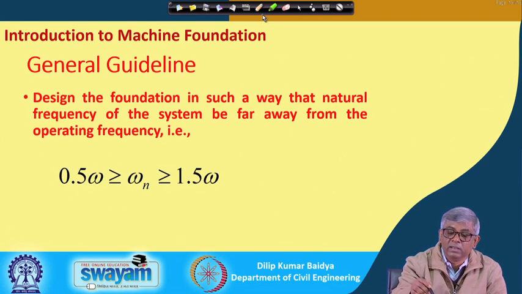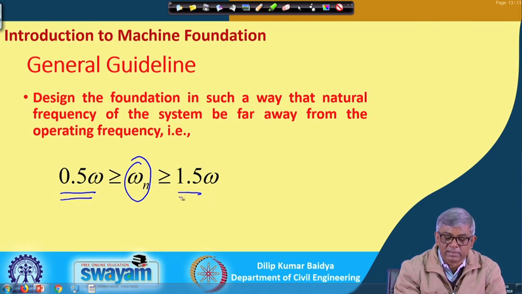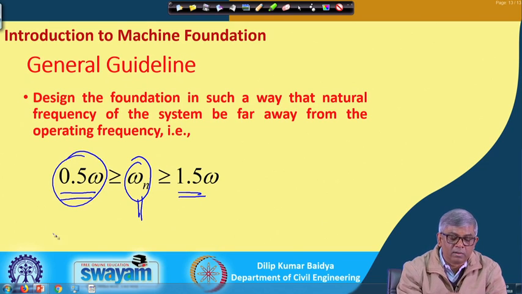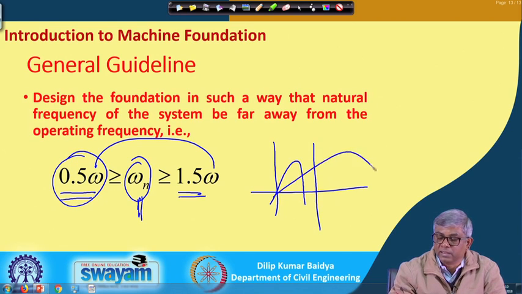Another typical guideline is that you have to keep omega n, actually omega, like this. If this is the natural frequency, you have to keep 0.5 omega, and this is the range in which you have to fix the operating frequency, this to this, and then omega n should be placed accordingly. Either you design like this or you can design like this. So, either the natural frequency will be here or here, with respect to omega over omega n.